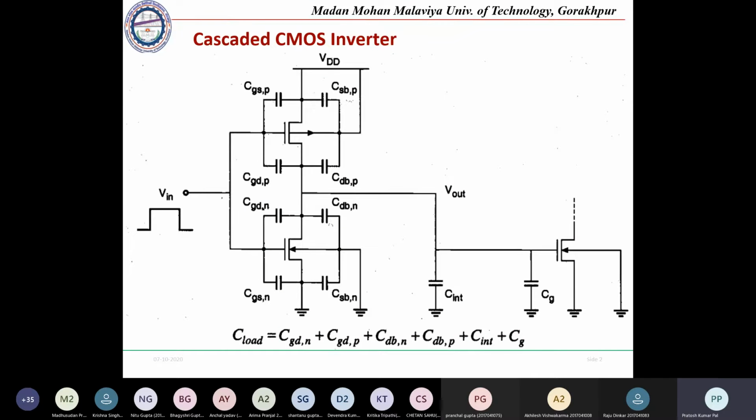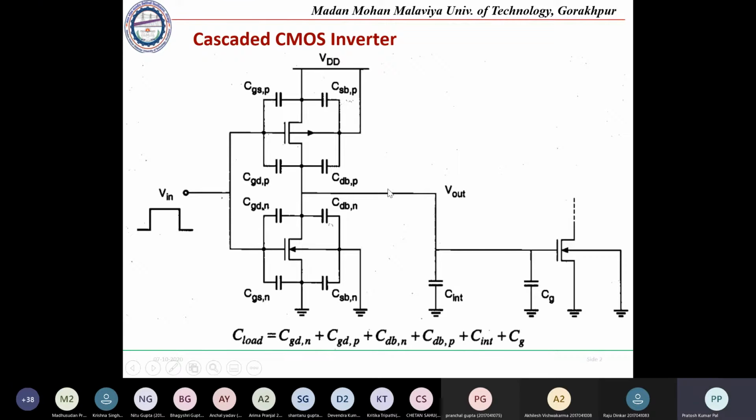So basically in the previous lectures, we have seen the static analysis. Now we will see how the switching of the voltage levels takes place internally and what is the role of a capacitor in deciding the output voltage of an inverter. We will see this in the coming lectures.